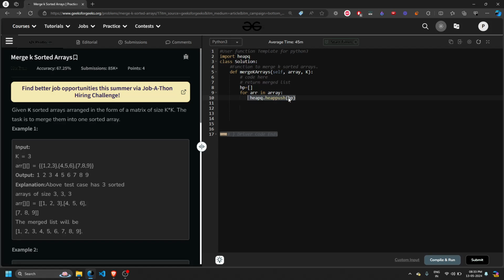The general condition is that it will always compare the first element. Don't push the first element into the heap, that will be exceptionally wrong. Push the array. What it will do is consider the first element of the array, and the heapification is done based on that. Now you have an answer, and then while the heap exists,